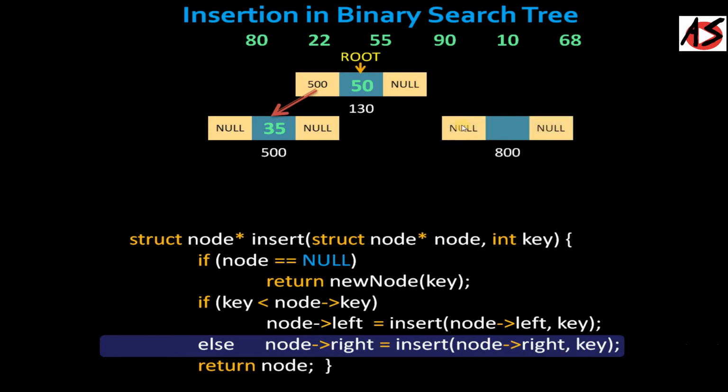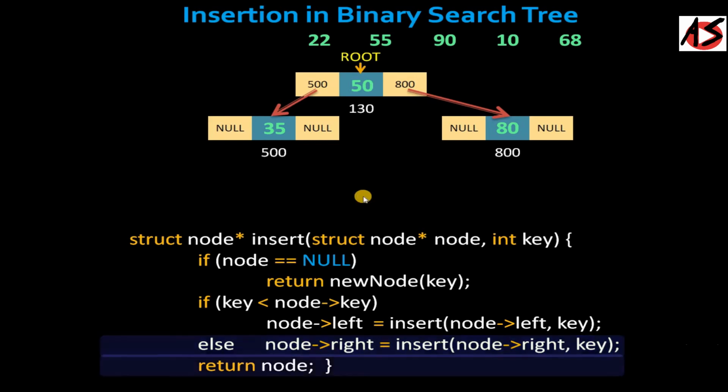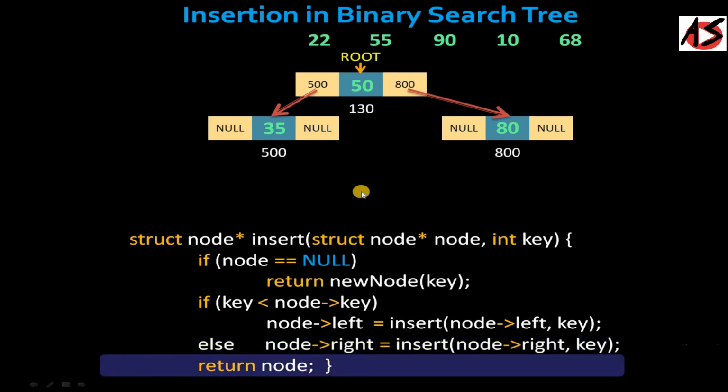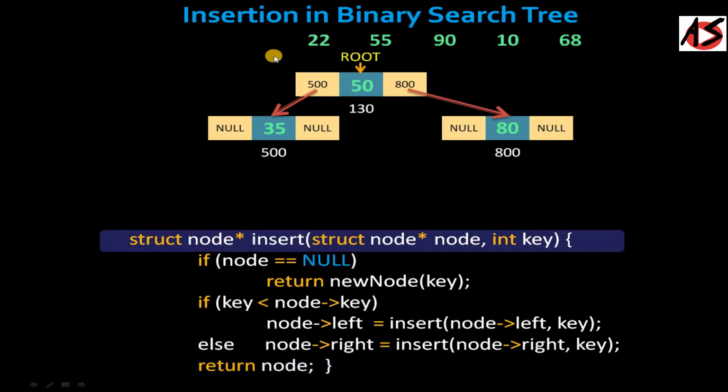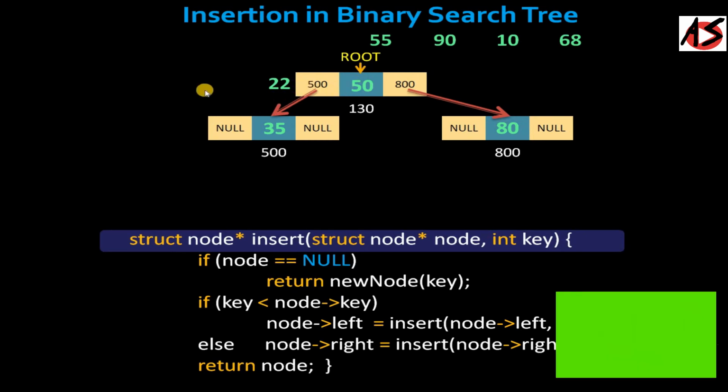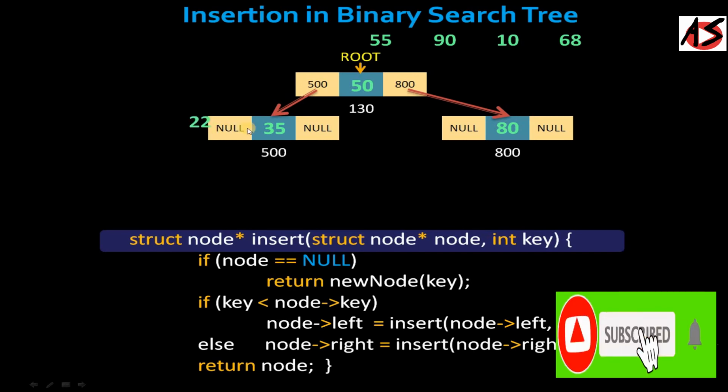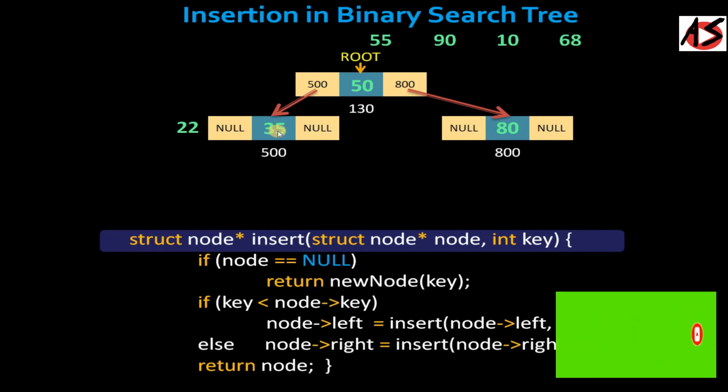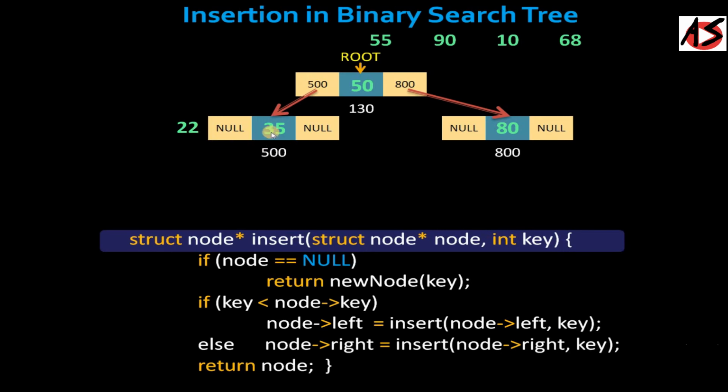So here you can understand your node is inserted to the right of the root node and you are returning the root node with this return instruction. Similarly, if you want to insert 22, you are comparing with the first node, that is the root node, and if it is less than the root node, you are going to the left subtree, and again in the left subtree the root element is 35. Again you are comparing it with 22. 22 is less than 35, so you are adding 22 at the left side of the 35.